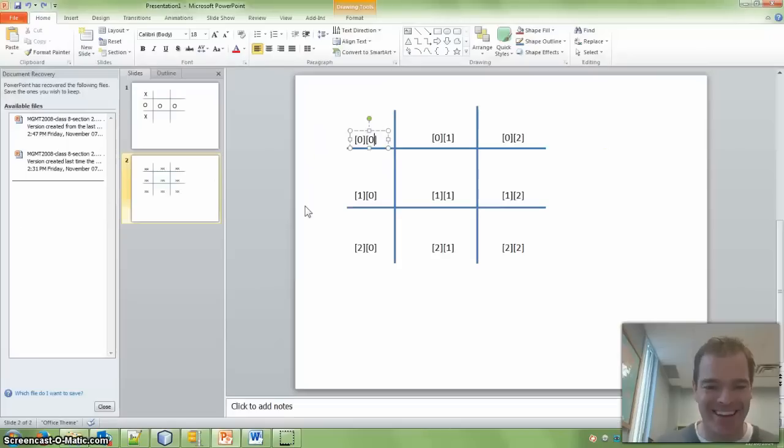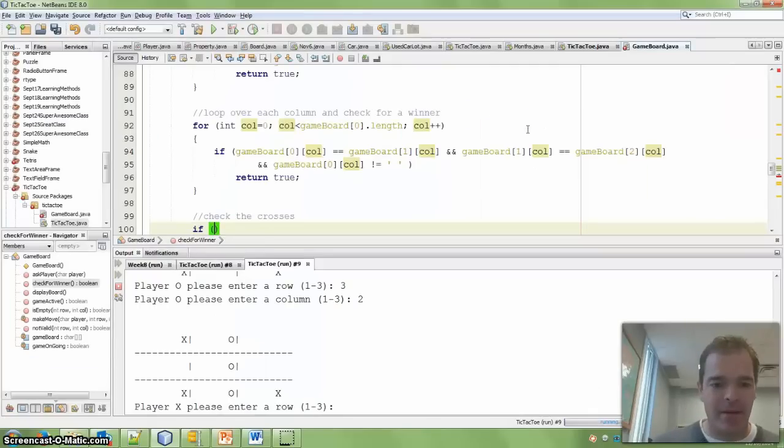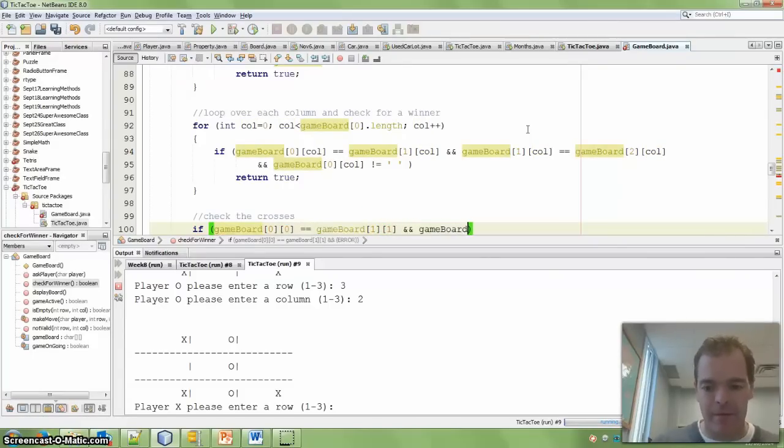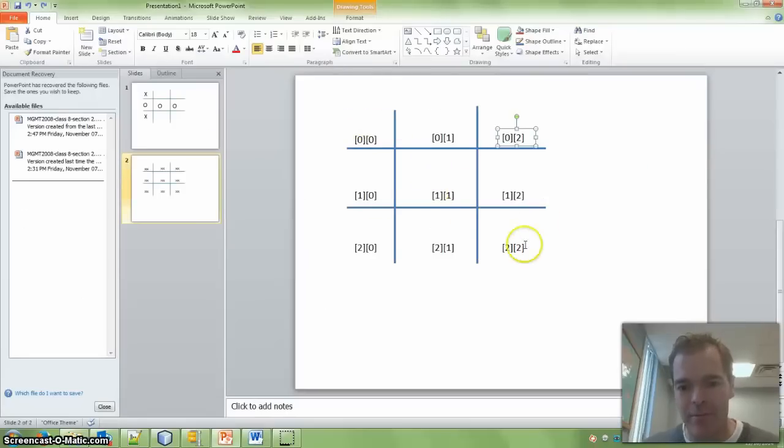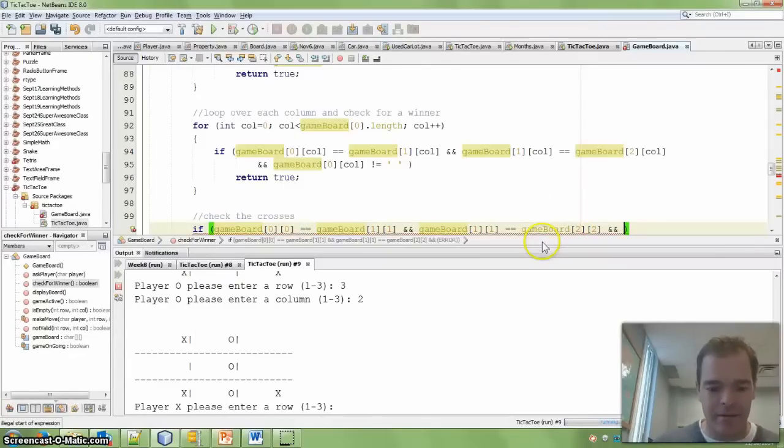Let's check the crosses. Okay, so here I'm checking 0, 0, 1, 1, 2, 2, and 2, 0, 1, 1, 0, 2. Those are the other options, right? So if game board at 0, 0 is equal to, right? So if 0, 0 is equal to 1, 1, and 1, 1 is equal to 2, 2, so these two are the same, these two are the same, and